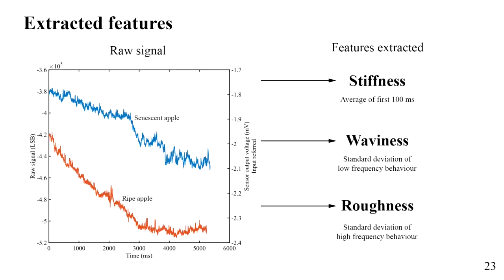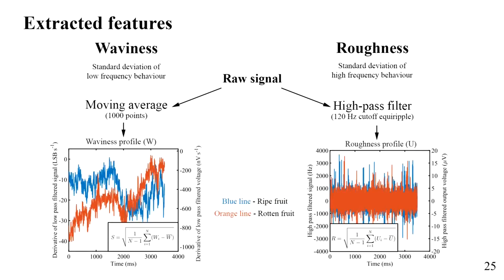3 features are extracted from the fruit scan, each corresponding to one of the fruit tactile features. Stiffness is estimated by taking the average value of the first 100 signal points, as the initial deflection of the cilia against the fruit will depend mainly on its firmness. Waviness is the low-frequency behavior of the surface texture. It is estimated by low-pass filtering the signal using a 1000-point moving average and taking its standard deviation. Roughness, on the other hand, uses a high-pass filter to eliminate frequencies below 120 Hz